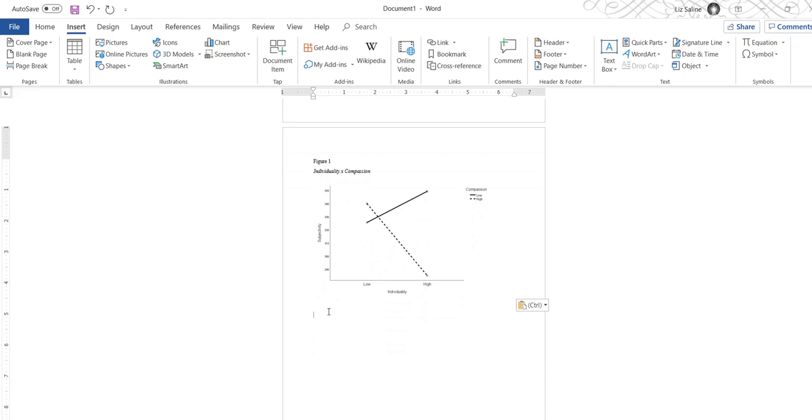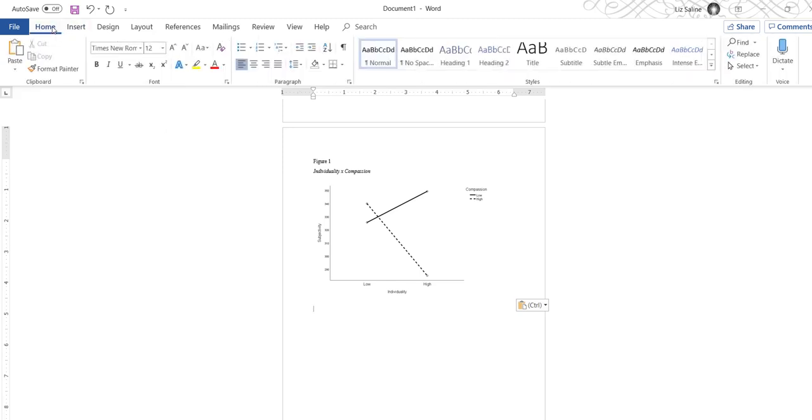And then down here, you just want to make sure that you're below the figure if you're going to do a note. I'm just going to say the interaction